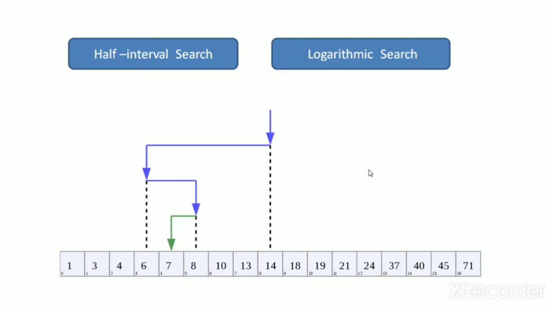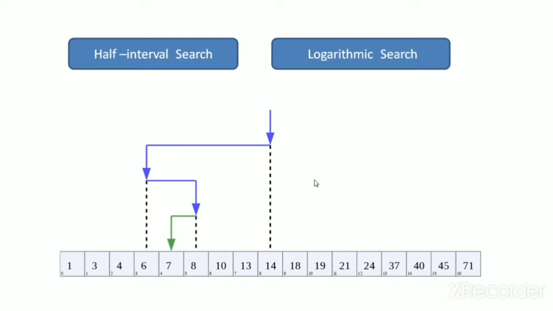It basically checks the middle element, and if the searching element is not the middle element, then it divides the array in either half based on whether the searching number is greater or smaller. Then again it compares the search number with the middle of the divided array, and it keeps doing it until it reaches a single element, and even if that is not the element, then it returns element not found.